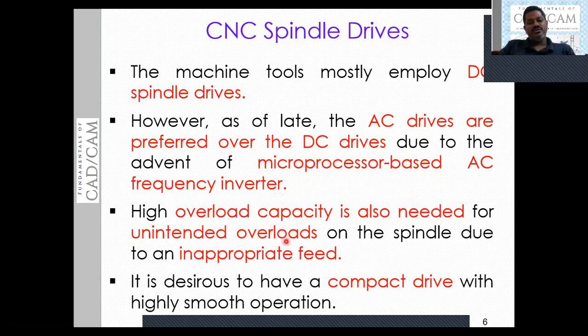Or sometimes if you increase the feed, more load may act on the workpiece or on the drive. So to avoid that, it must have provision to withstand the high loads. This is one of the requirements of the spindle drive. Then it must be compact to run very smoothly. This is also one of the requirements for the drive.